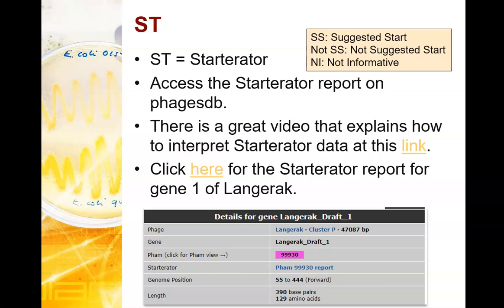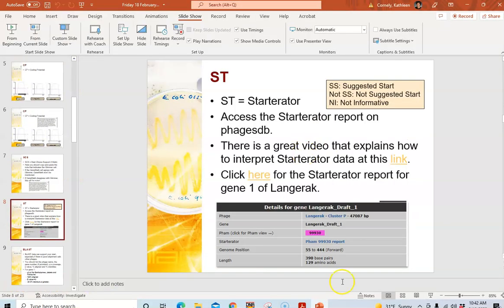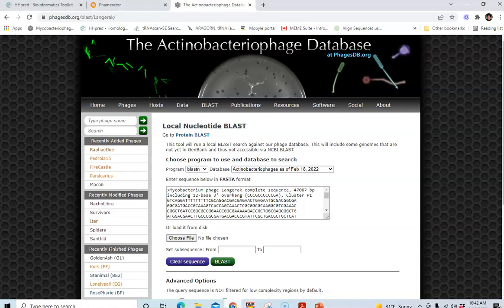Okay, Starterator is next. I have a link here that shows a video of how to interpret Starterator data. So that's a really great link. So here, I'm hovering over this so that you can see what the link is. But you can access this PowerPoint so you can see the link here. So what I'm going to do is I'm going to go to phagesdb. So again, I'm going to get out of my PowerPoint now, and I'm going to go back to my browser,